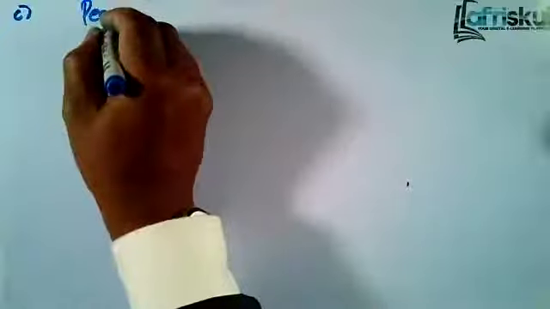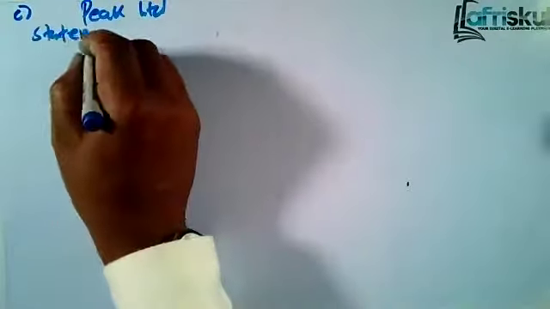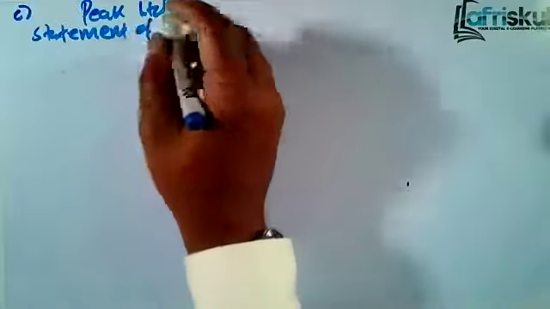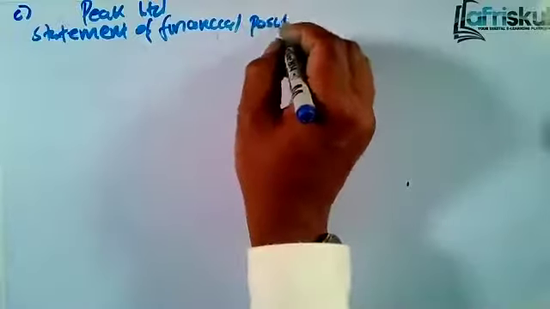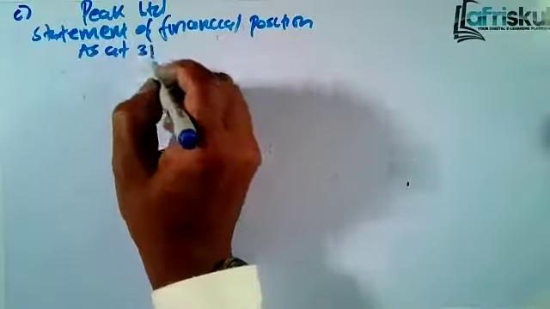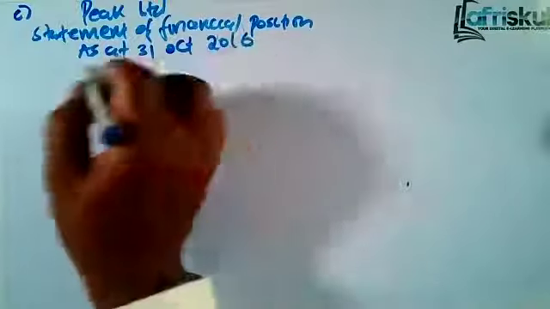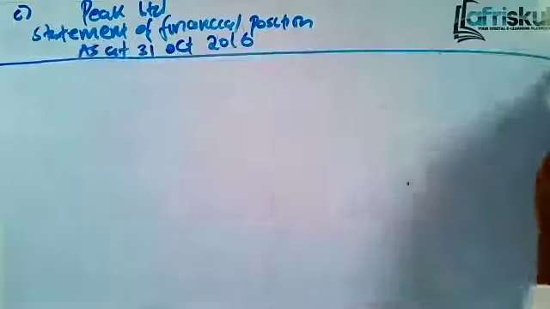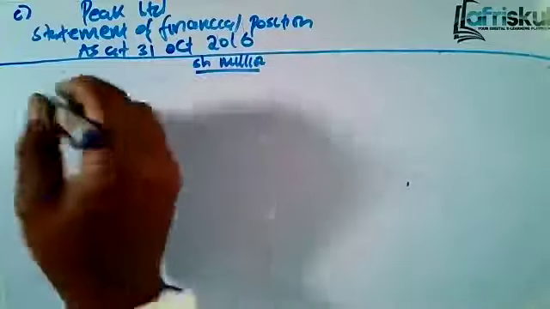So this is how we prepare the balance sheet. Part C, so it's Peak Limited. Statement of financial position as at 1st October 2016. Our shillings are in millions. So we start with the assets,